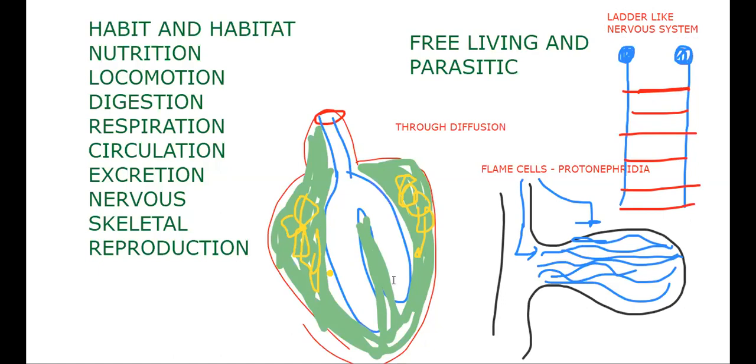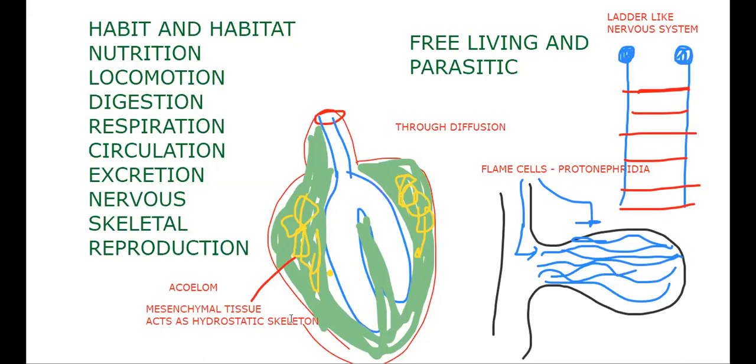Then skeletal. The mesenchymal tissue which fills the body cavity acts as a hydrostatic skeleton. That means there is no special hard material here to act as a skeleton. We said this feature is acoelomate also, I will make you remember this once again. Acoelome we have learned separately: the mesenchymal tissue acts as a hydrostatic skeleton, and there is no special skeleton.